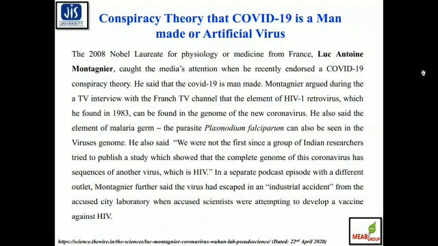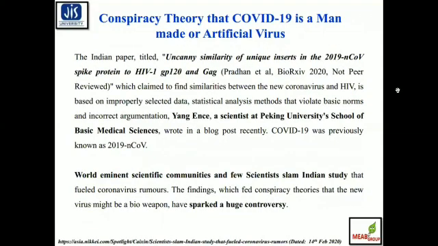viral genome of SARS-CoV-2. He also said, "We were not the first, since a group of Indian researchers tried to publish a study which showed that the complete genome of this novel coronavirus has sequences of HIV." In a separate podcast episode with a different outlet, the same Nobel laureate further said that the virus had escaped in an industrial accident from the accused country's city laboratory when scientists were attempting to develop a vaccine against the HIV. The Indian paper, titled "Uncanny Similarity of Unique Insert in 2019-nCoV Spike Protein to HIV-1 gp120 and